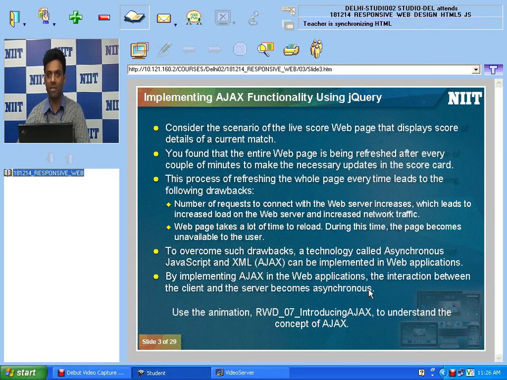Okay, guys, let's start again. So in the morning session, we discussed something about jQuery events. If you have any doubts related to jQuery events, you can ask a question, or if you want to ask a question later, you can write to me and I'll get back to you. Okay. If you have a question, you can raise it this time, and otherwise I will start the next session.